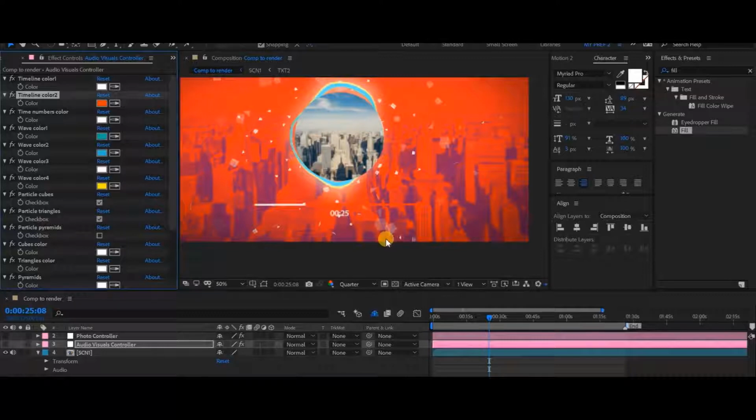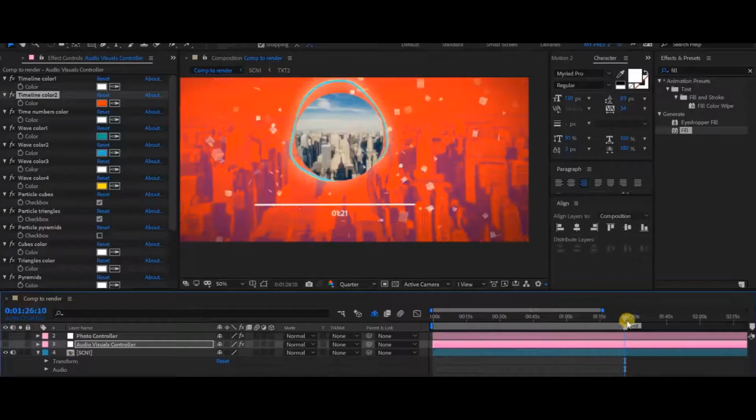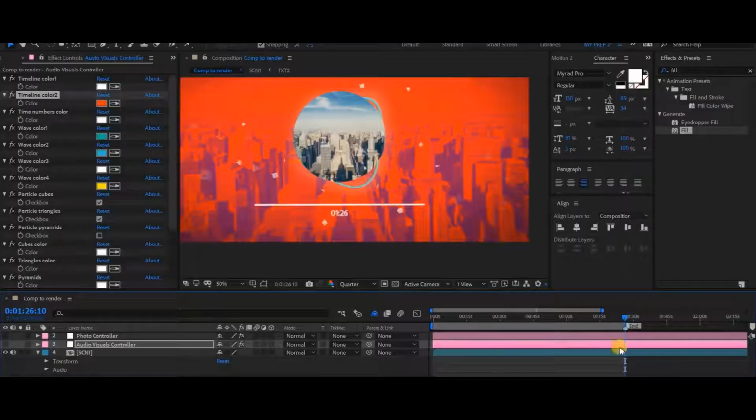There is the possibility that your song will be larger than 1 minute and 26 seconds. So for this case, we can always extend this border, this time border, by dragging this end marker to your song timing. For instance, your song is 2 minutes and 8 frames long, so we just simply drag our end marker to this position, and we see that